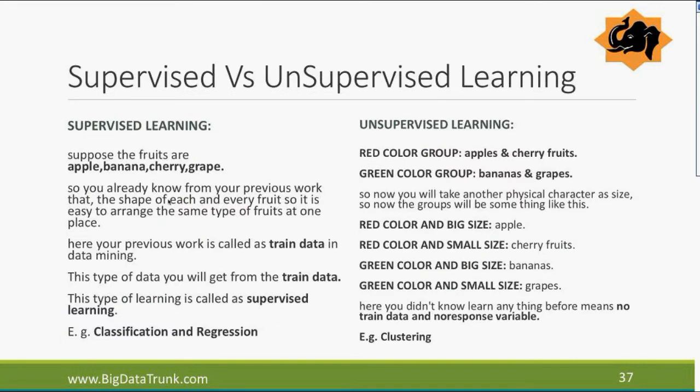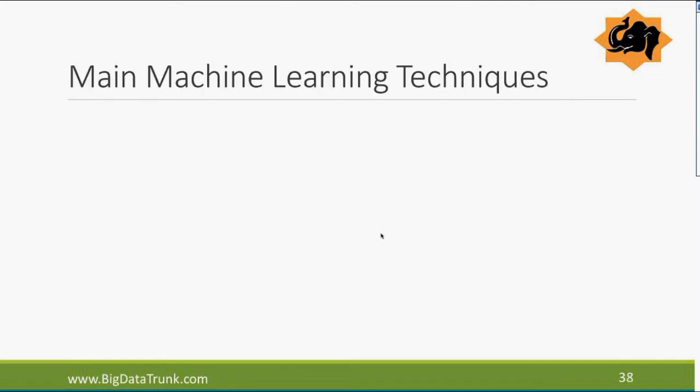Then this is the same thing written in words. I just made it pictures, so it's the same thing. The aliens could have done a few more variations. They could have said red and small size, red and big size, all of that, but you get the point, right? Now I'm going to go to the next level from supervised and unsupervised. I'm not going to algorithms right now because that's what scares people and that's where it's confusing. That's where the math comes in. We'll go there, but not immediately. I think this is a more systematic approach. It really helps everybody understand, and that's my goal.